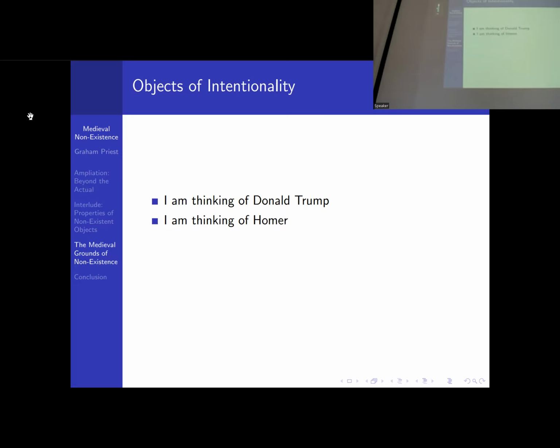I'm thinking of Homer. So here I'm thinking of an existent object. Here I'm thinking of a non-existent object. I'm thinking of Sylvia's box. Here I'm thinking of an impossible object. All these things can be true. And the question is,